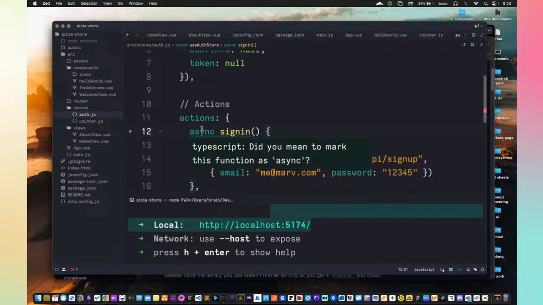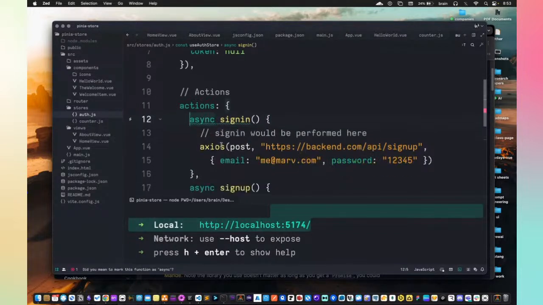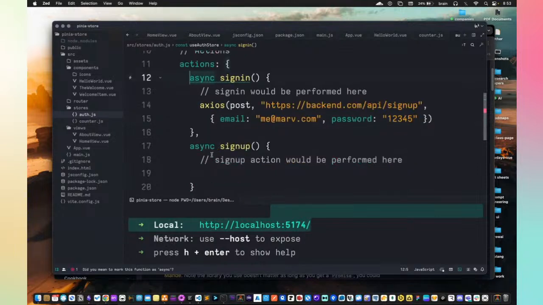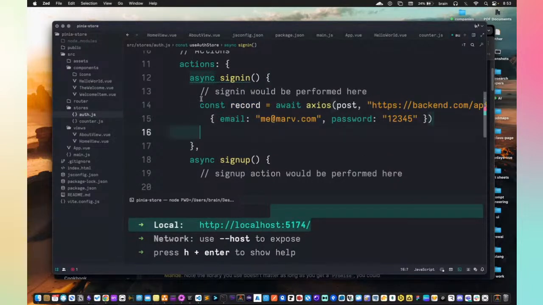You need to mark this function as async. Did you mean to? Okay, so I think maybe it's just my browser, it's just my editor doing this stuff. But if we are basically getting the const record just like this, we probably want to then